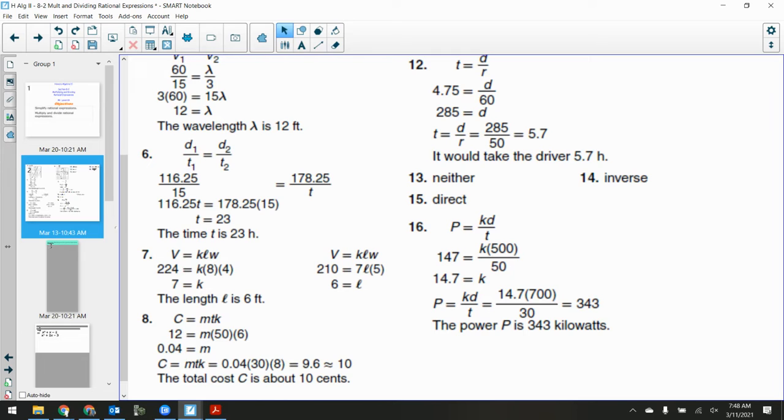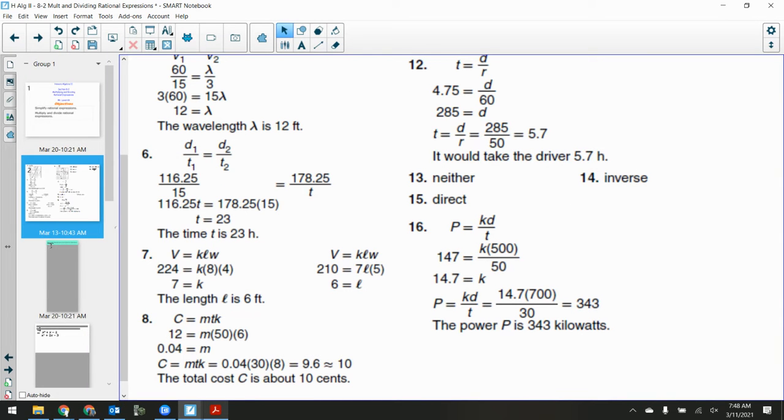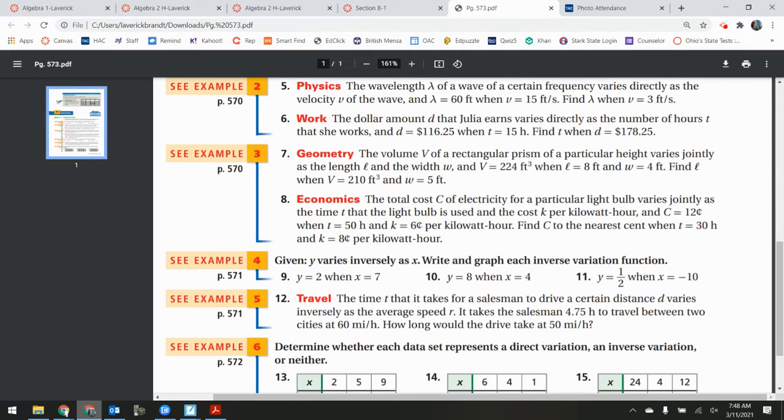Okay, so there was a question about number 8. There we go. The total cost of electricity for a particular light bulb varies jointly as the time t that the light bulb is used and the cost k per kilowatt hour. And C is 12 when t is 50 and k is 6. All right, so I'm going to use that first sentence to set up what I need to set up there. The cost of electricity